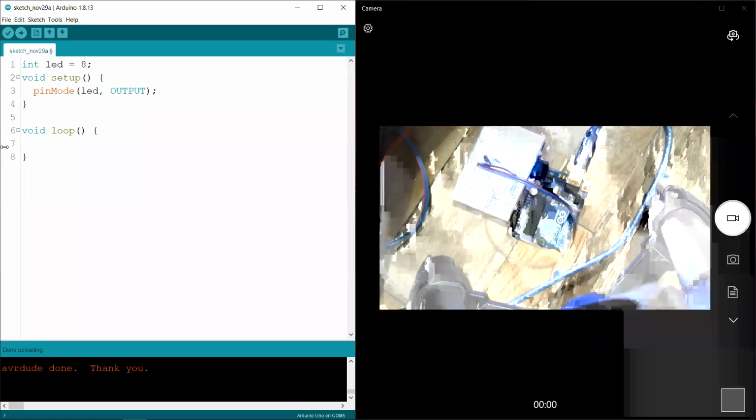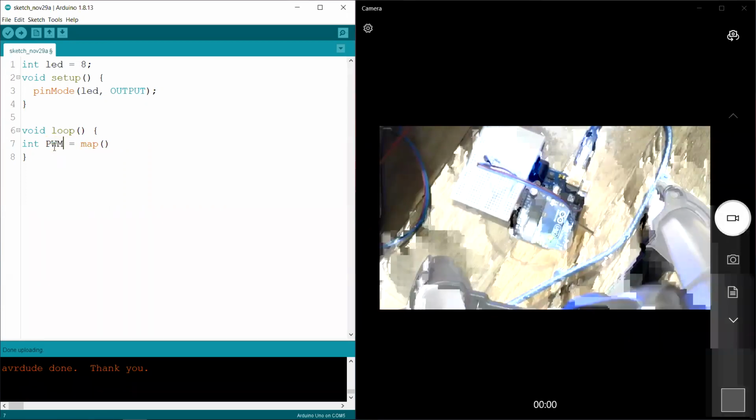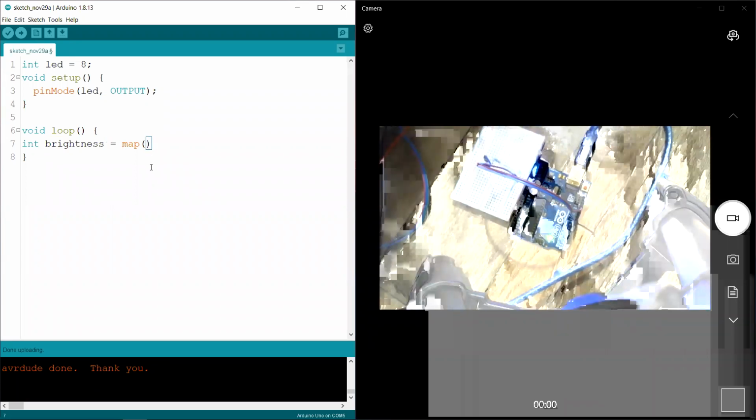So we are going to make a variable named value. Let's make this like the PWM value. Let's name this brightness. Now we have a value.